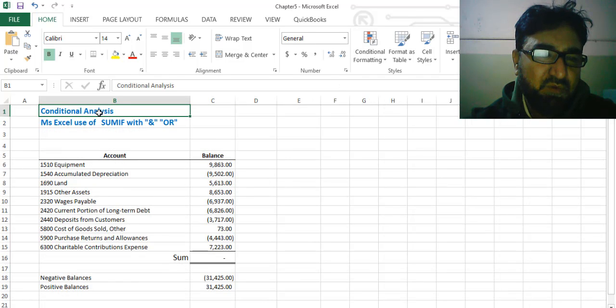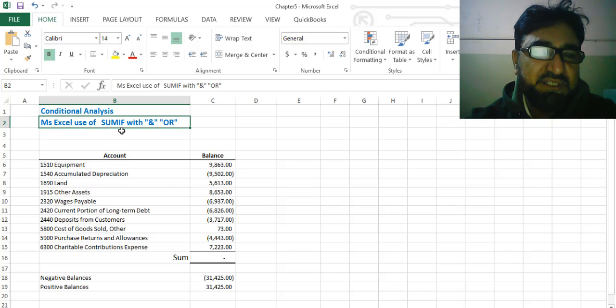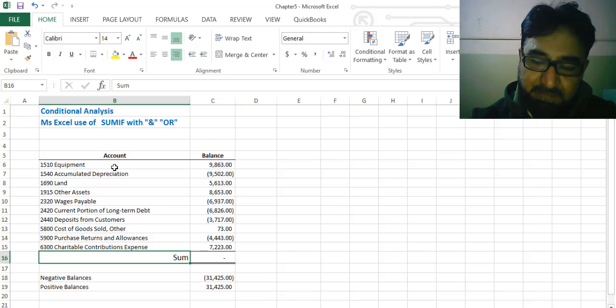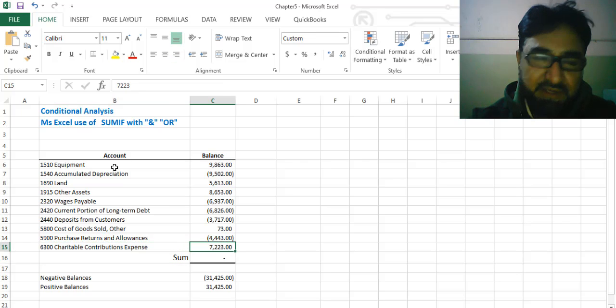Here we are focusing on the conditional analysis, and we are going to use the SUMIF with the ampersand and hour. How can we use this? Here is the simple data. These are hard written simple data, and here is the simple numerical value,